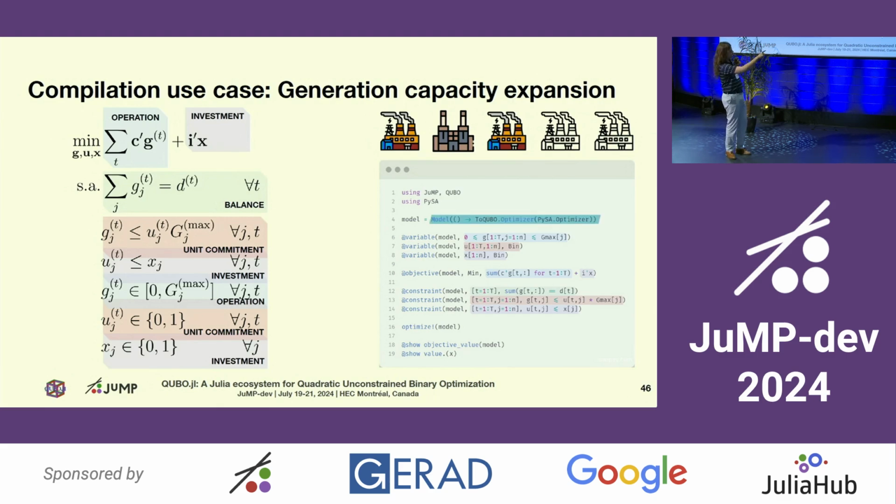And all you have to do is wrap your solver. So PySA is parallel tempering code that basically solves QUBO. It's not compatible with the original model, but as soon as you wrap it with the QUBO optimizer, it's just ready to go. And the results that you see below are retrieved in the original frame of the user. So from a user standpoint, you're just dealing with a regular solver.